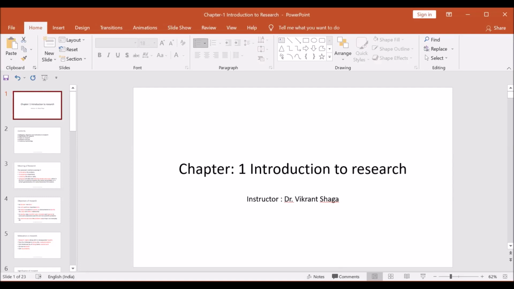So very good morning to all. We'll just revise what we have covered in the previous session. In the previous session, we just started with the introduction to research, and part one, where we discussed up to the different types of research. In today's session, we are going to see the research process as well as the difference between science and technology. Okay.